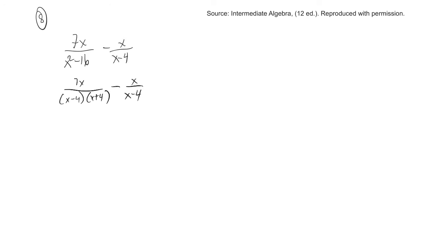And now I need to get a common denominator. So both of these are going to be my common denominator. Since the one on the right doesn't have an x plus 4, I'm going to put 1 on the bottom. But if I put 1 on the bottom, I have to put 1 also on the top. So my common denominator will be x minus 4, x plus 4. And then on the top, I'll have 7x minus x times x plus